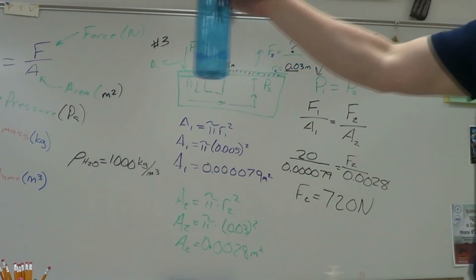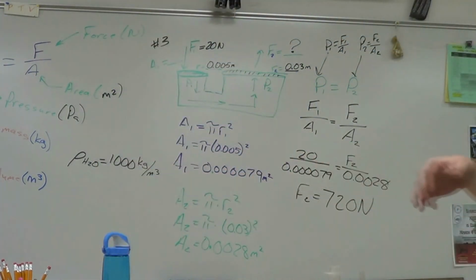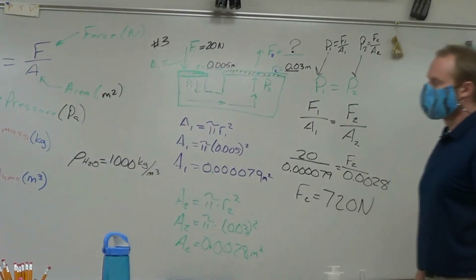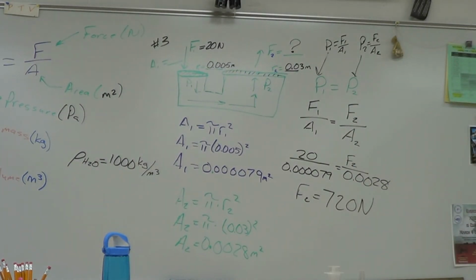So if I know what my mass is, however many kilograms, and if I know what that volume is, in order to get my units to work out, I'd have to convert that volume into cubic meters and figure out how many of those water bottles fit into there. There's conversions for that. But I should get the exact same value of 1,000, whether I do the whole thing or the small. And the thing about density that's kind of interesting, I find it interesting at least, is the story behind